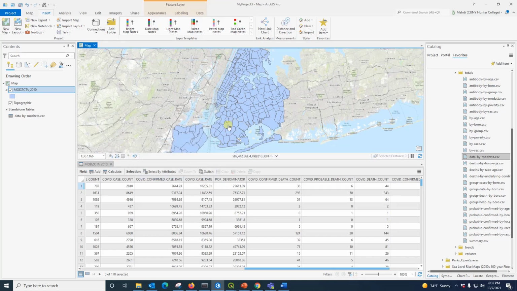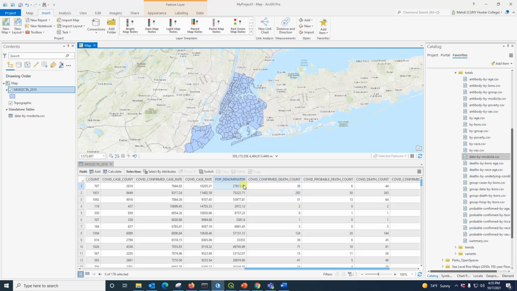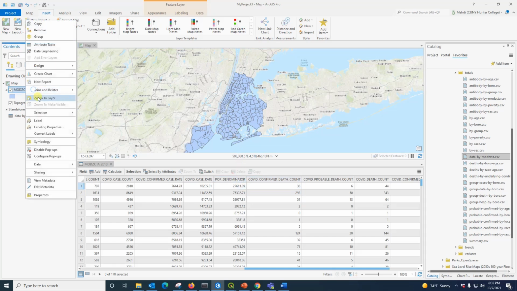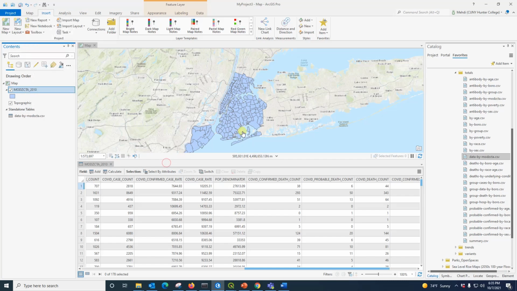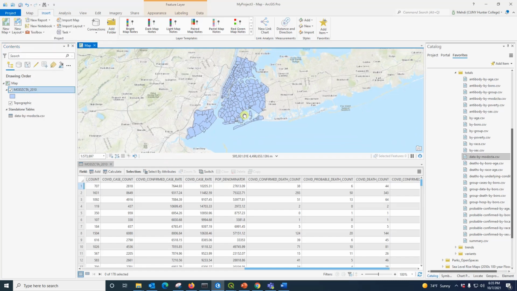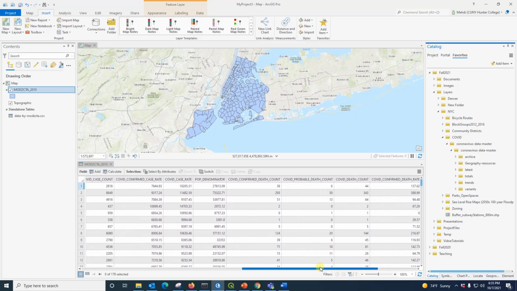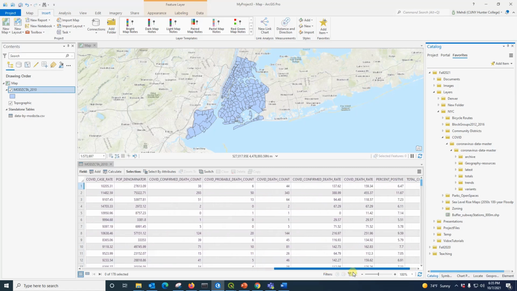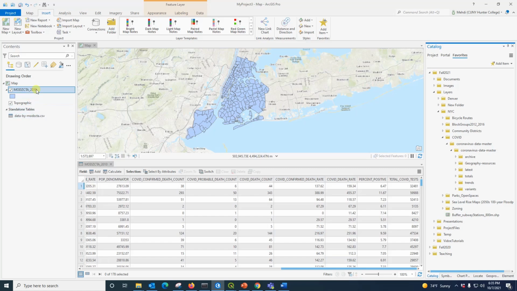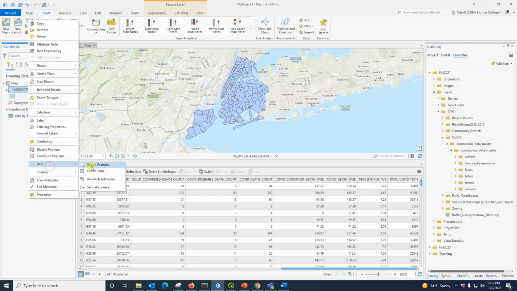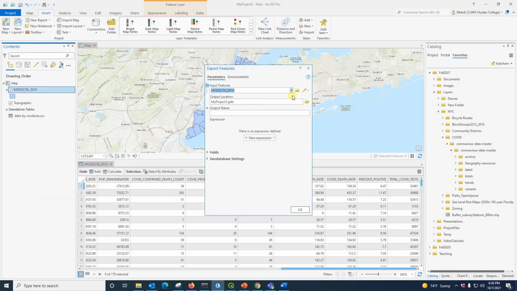One thing that we can do here now is this join is not a permanent part of this layer. This join is just a temporary addition. And if we use this layer in another project, we won't have this extended or joined table. How can we make it permanent? If we want to make this permanent, I can export this layer to a new layer, and